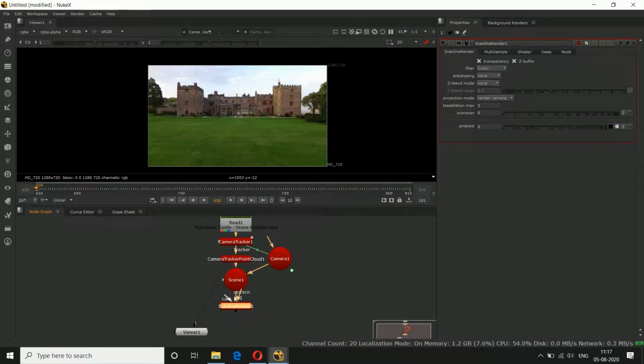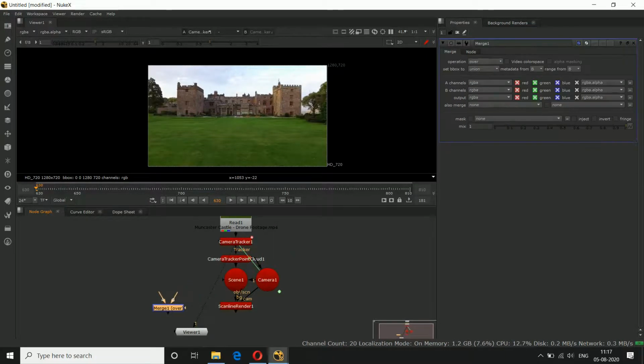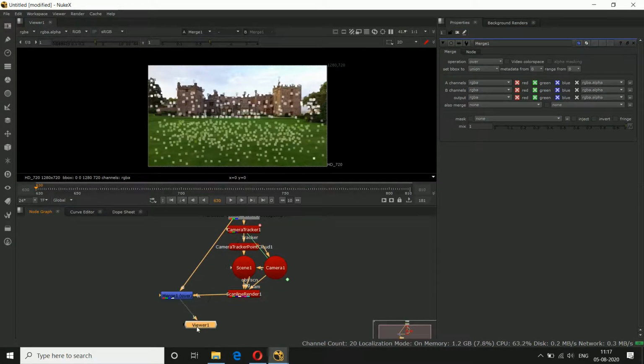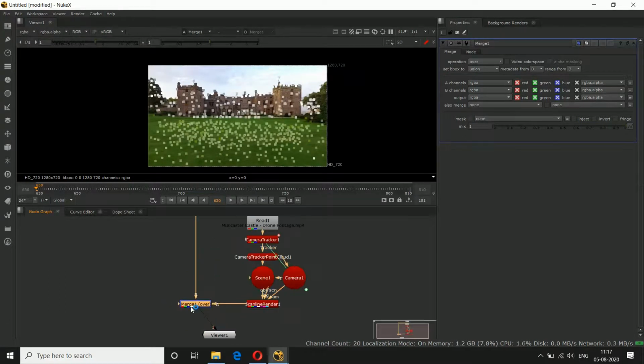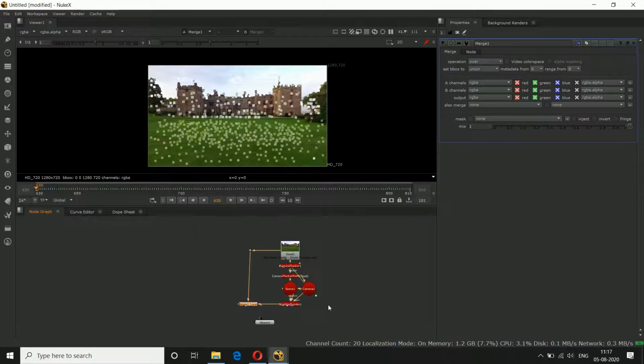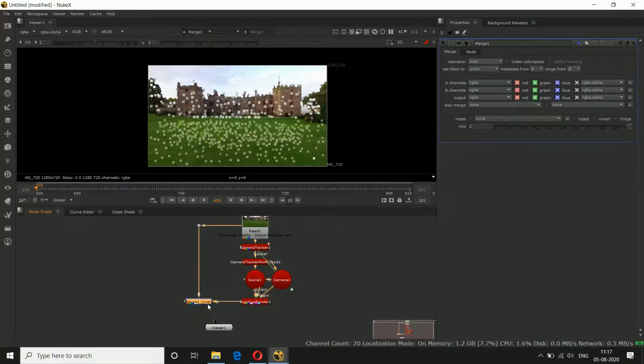Scene to scene, camera to camera, and for BG we'll take one merge node, background, foreground, and we'll view through merge. Yeah, it's correct. Now we'll disable the point clouds.